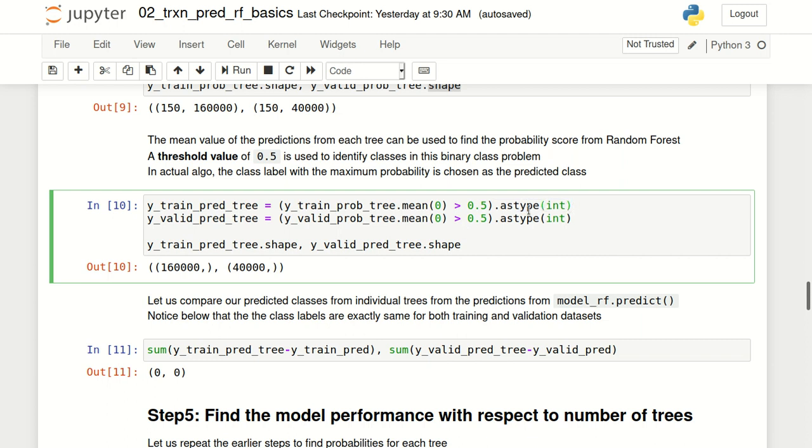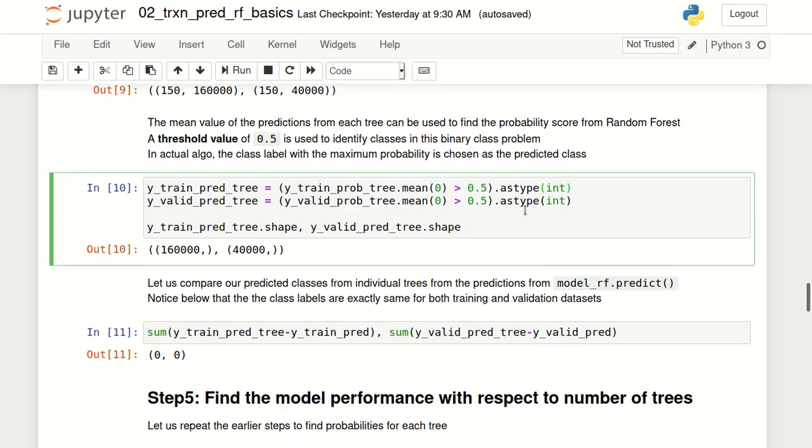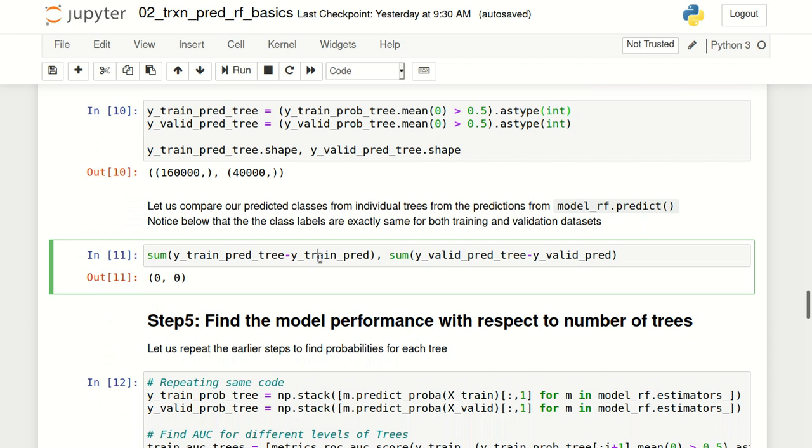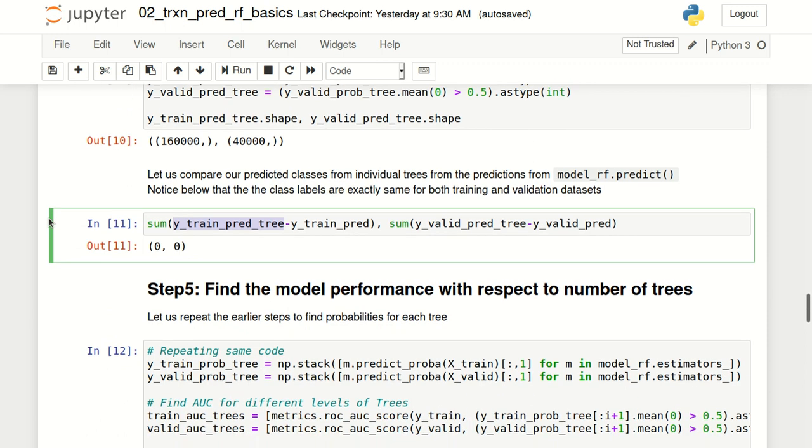And this can actually help you compare the values that you are getting directly from the random forest predict function with what you have manually calculated by following all the steps. Essentially this last line is doing that. We are finding the difference between the predictions that we are getting from the model.predict function and the classes that we are getting from the long approach that we have followed. Right? And we can see that there's no difference, the difference is 0.